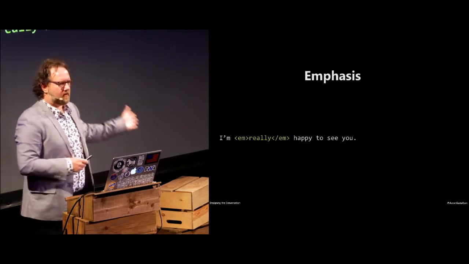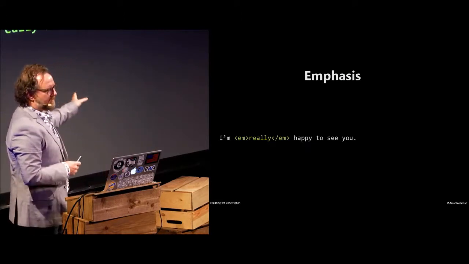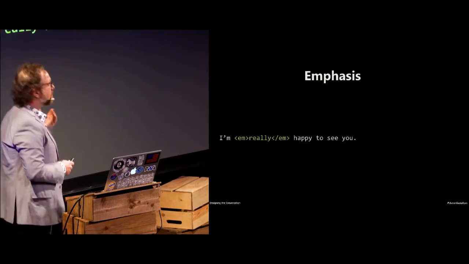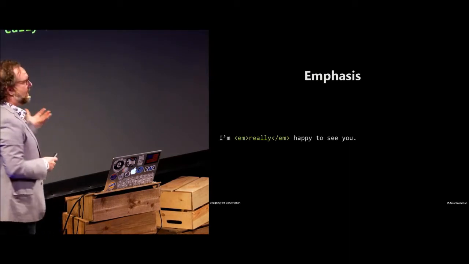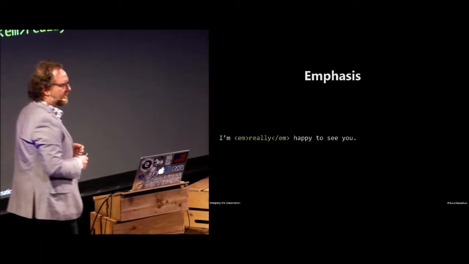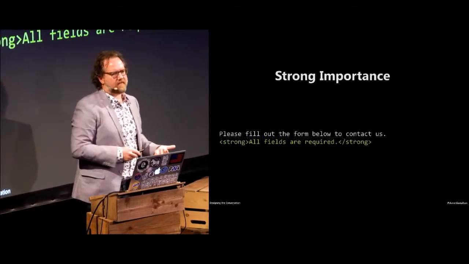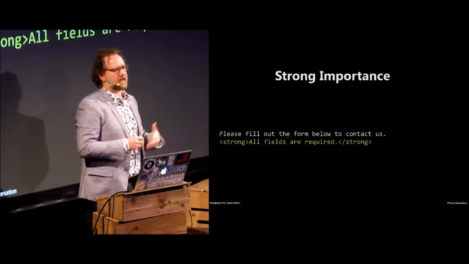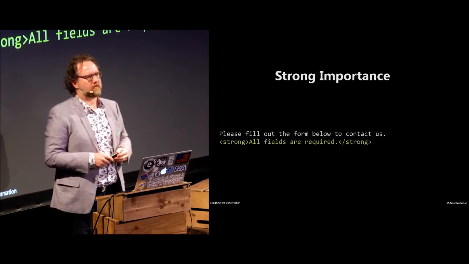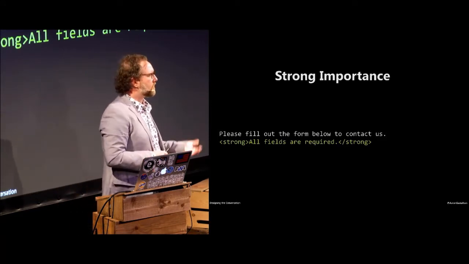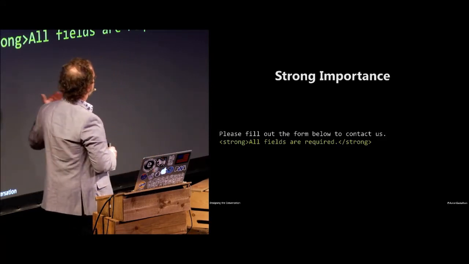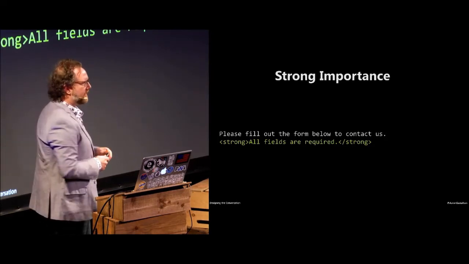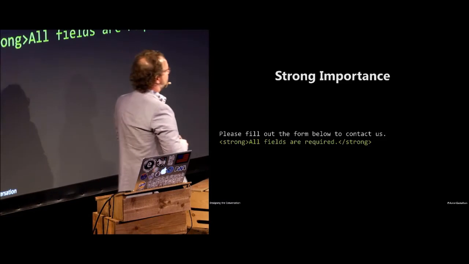And this emphasis element is an example that we saw earlier that's a phrasing element. Here, the word really is marked as emphasized. And when it's spoken, it could be said like, I'm really happy to see you. So I've emphasized that a little bit. Sometimes emphasis isn't enough when we want to indicate that content is very important to the context or to our customers, very important for people to pay attention to. We can use the strong element, which is for something that's of strong importance, like all fields are required. That's pretty strong, right? It's a really important thing for somebody to pay attention to when they're filling in a form.